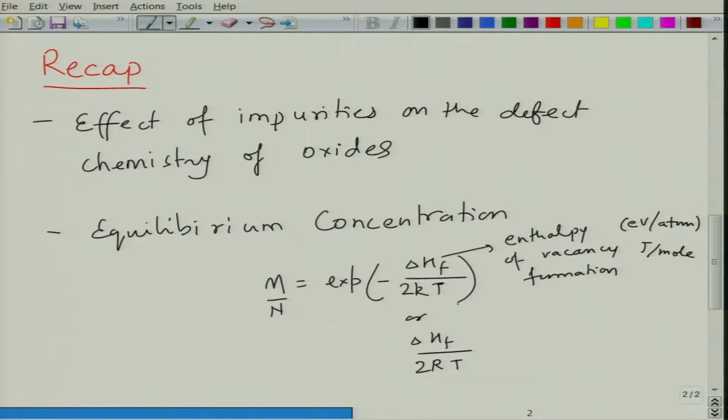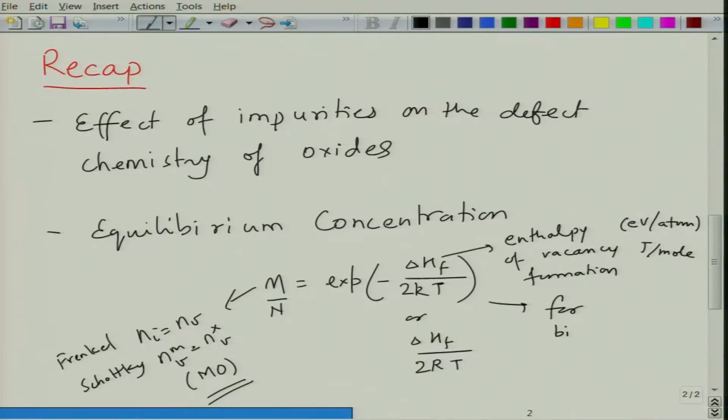So this n is equal to ni is equal to nv for Frenkel defects, and for Schottky it could be nvm equal to nvx, because cation and anion vacancies are formed together. This is for MO or MX, but if it is M2O3 then the equality will change accordingly, so you will have to do that analysis again. So this is basically for a binary oxide or ceramic,